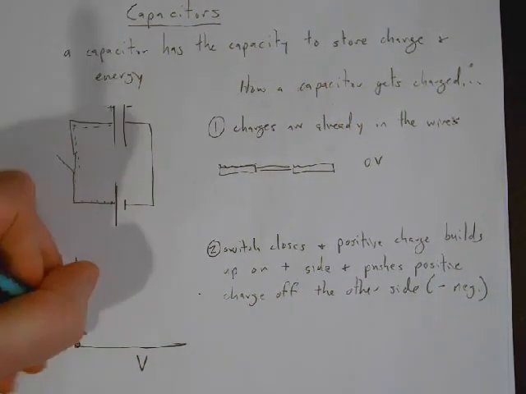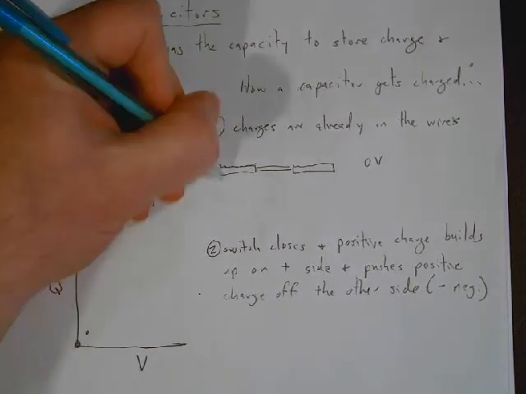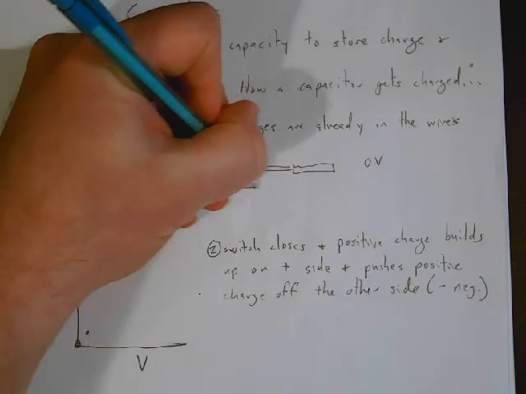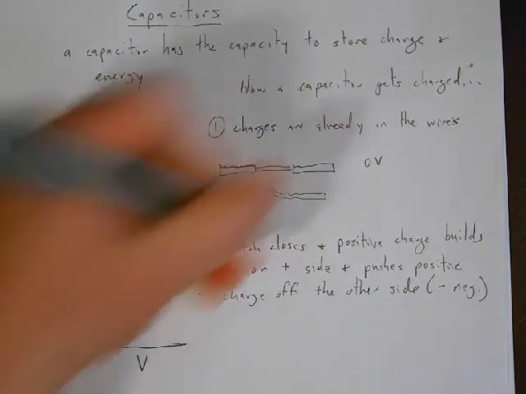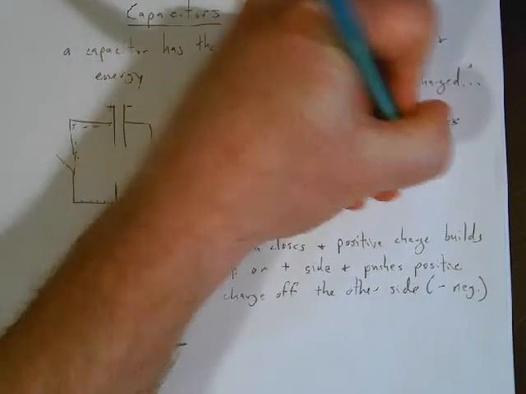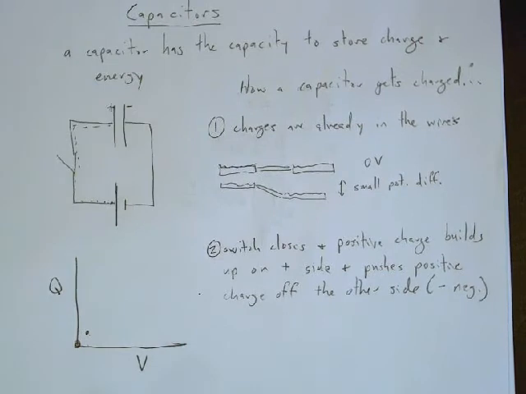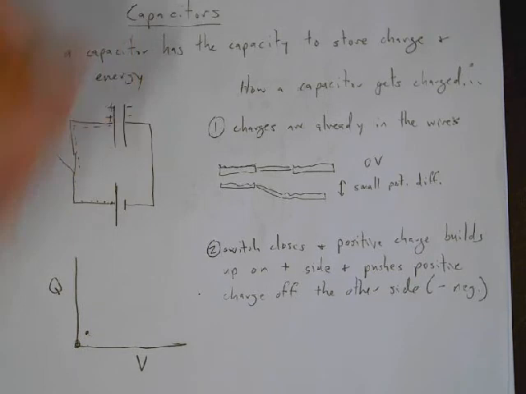Well, this process is going to continue. So that maybe would be where I am on my graph. Do you guys with me? I have a little bit of charge. There's a little bit of a potential difference. Between my two ponds, or between my two plates, there's a small potential difference. Well, then more positive charge gets pushed on. It's going to push more positive charge off the other side. More positive charge gets pushed on, pushed off the other side until